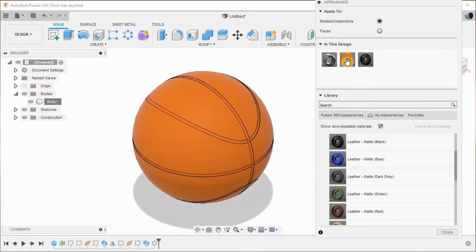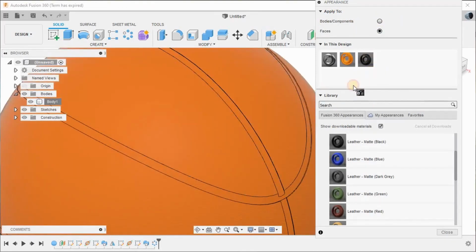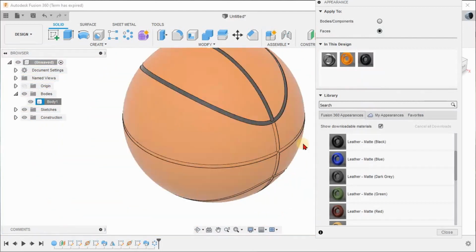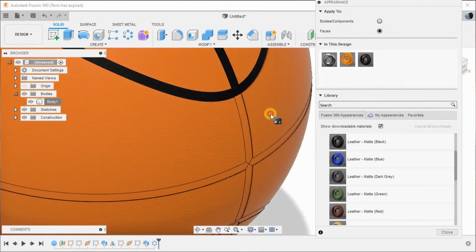Now make sure when you apply this orange matte, basically the white matte, you apply it to body, and component should be checked in. Now when you apply the black matte, make sure it is on face. Now you zoom in and apply it to these cut sections individually. Zoom in and make sure you are applying it correctly to that particular cut section.